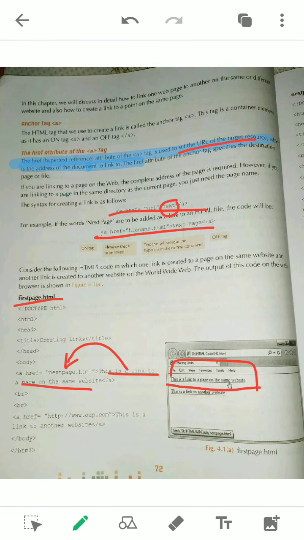Is it clear? And this is a link to another website. Here it is another website, which means we are changing the website. It means it is a global link. Here one website address is given, so if someone clicks it, it will visit this website. You can write Facebook; if I write like this,